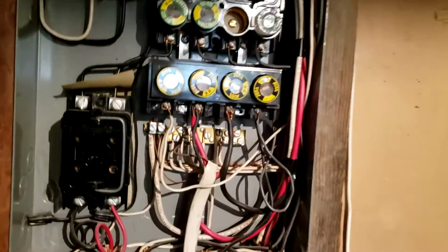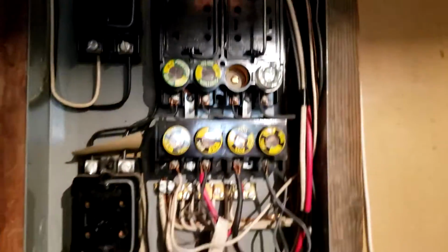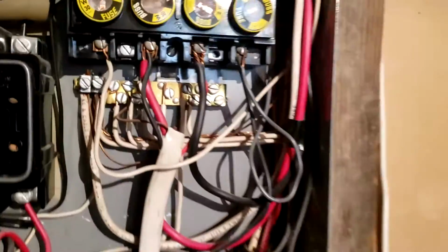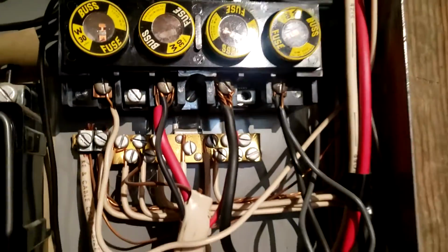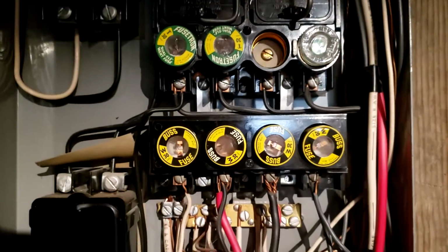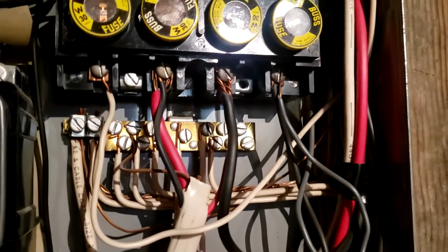A couple things I want to note here. So obviously these are outdated. They've got some spare screws here. Screw-in fuses, so you can swap those out. You can see they're missing one here. Another thing I'll point out to you is these are not designed to have multiple wires running to each of the fuses. We typically don't suggest this in a normal, updated, modern electrical panel either, but that could potentially be